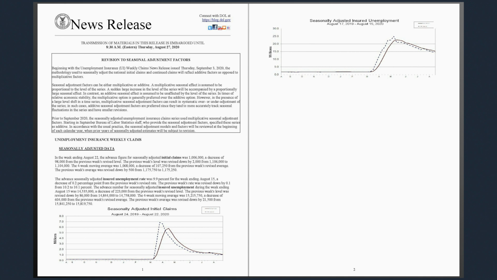The advance number for seasonally adjusted insured unemployment during the week ending August 15 was 14,535,000, a decrease of 223,000 from the previous week's revised level. The previous week's level was revised down by 86,000 from 14,844,000 to 14,758,000. The 4-week moving average was 15,215,750, a decrease of 604,000 from the previous week's revised average. The previous week's average was revised down by 21,500 from 15,841,250 to